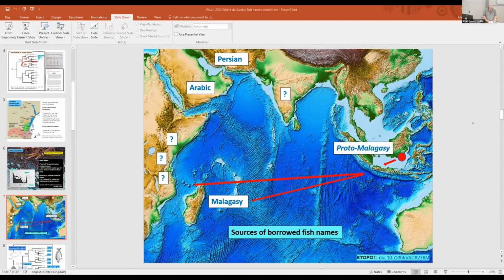And so it's difficult to know what might have come from a non-Bantu African language in this region, except perhaps Somali. There is a set of Somali fish names. So there are possibilities of comparison with Somali. And there are one or two examples that I've come across so far of fish names that might be related to the Cushitic names used in Somali.